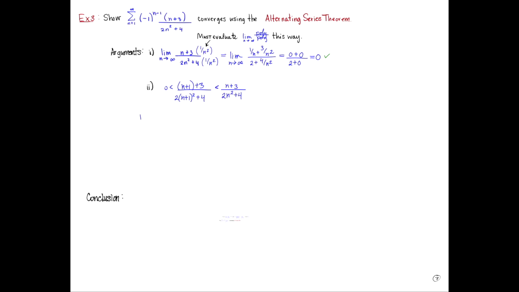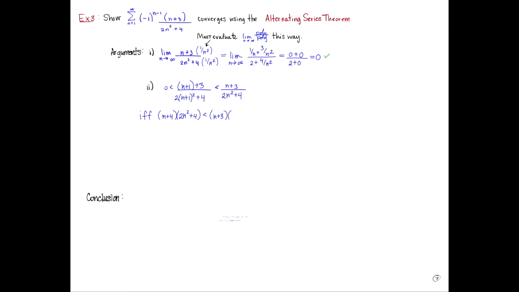This is true if and only if, let's cross multiply and we'll simplify as we go. So on the left-hand side, the n plus 1 plus 3 simplifies down to n plus 4. And cross multiplying, we bring the 2n squared plus 4 over to the left-hand side. And this is less than n plus 3